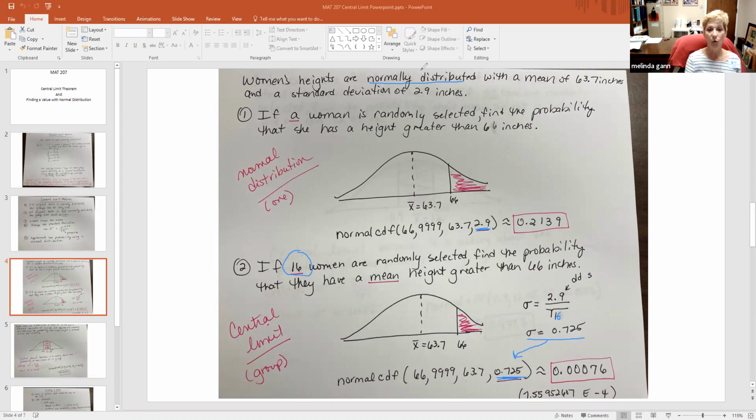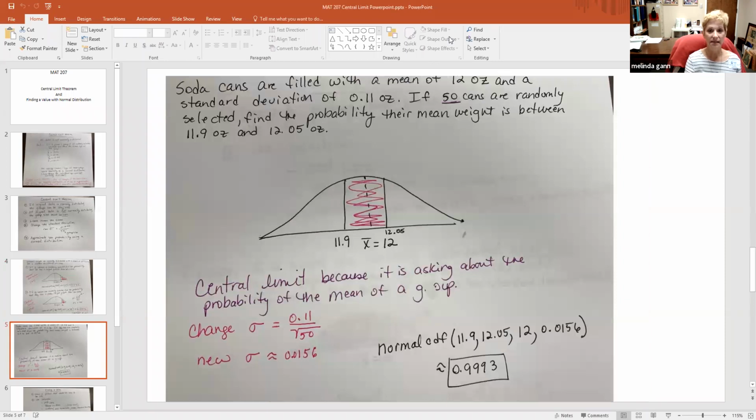Okay, let's work another one to make sure that we're okay. Now look what this one says. It says soda cans are filled with an average of 12 ounces, and a standard deviation of 0.11 ounce. So if 50 cans are randomly selected, find the probability that their mean weight is between 11.9 ounces